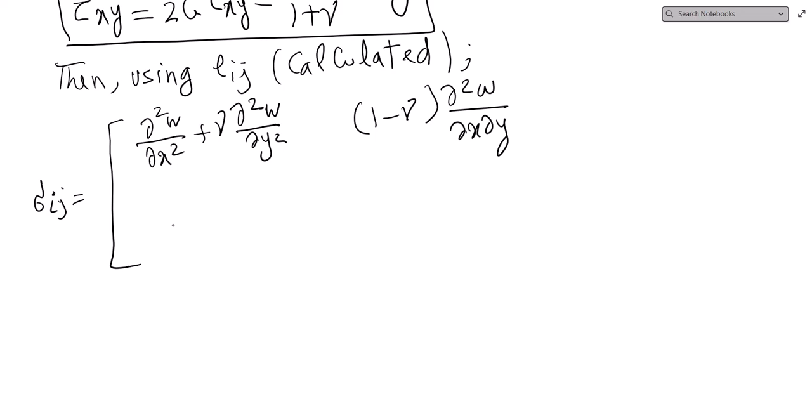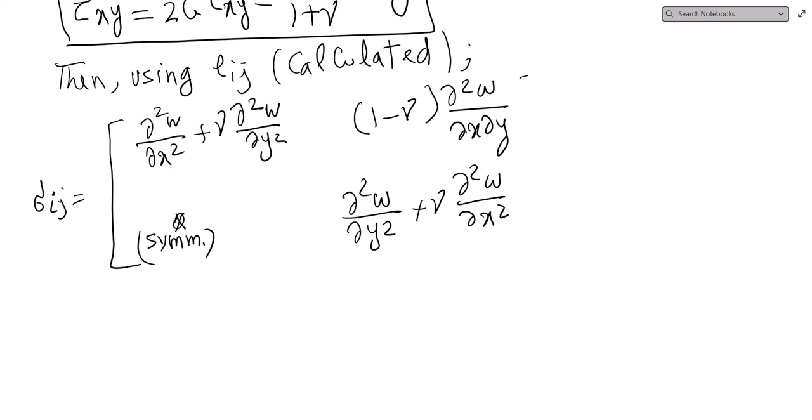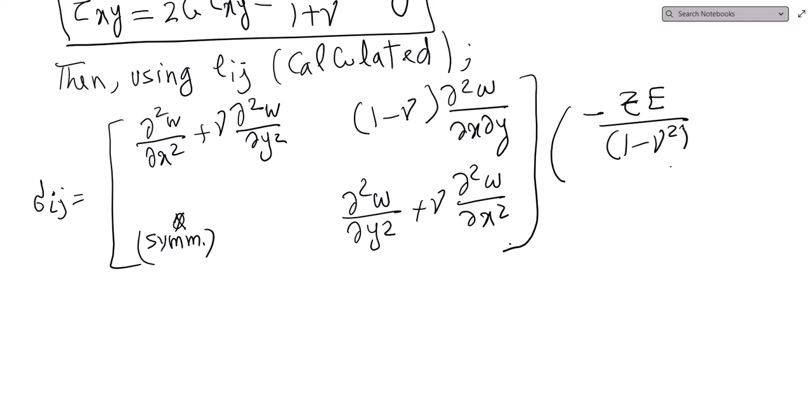This is symmetry, meaning sigma 21 or yx is equal to sigma xy, and sigma yy would be, of course there is a coefficient of z E divided by 1 minus mu square to the whole thing. So this is, let me box it,